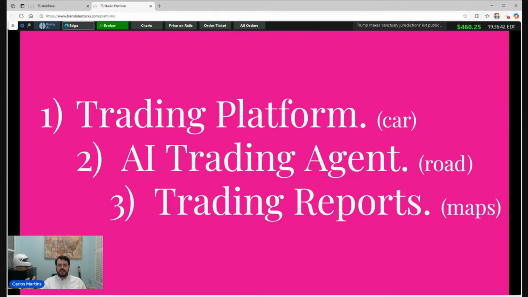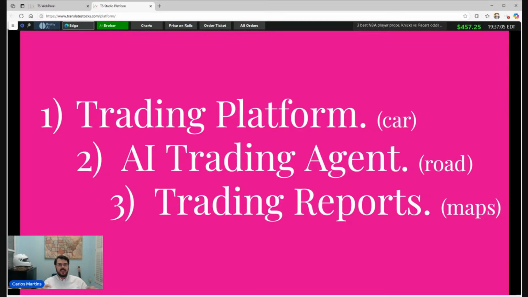And actually, this is the boundaries. This is the rail. That was the name of our AI trading agent: Price on Rails. It's the rails. It's the road. It's the framework where you are inside that will bring you from point A to point B with no doubt. You don't have any threads. You don't have snakes in the middle of the way.